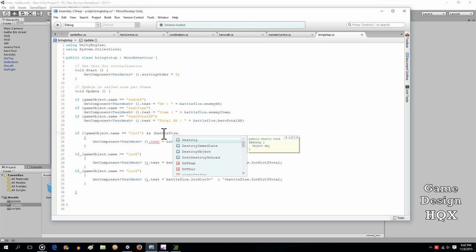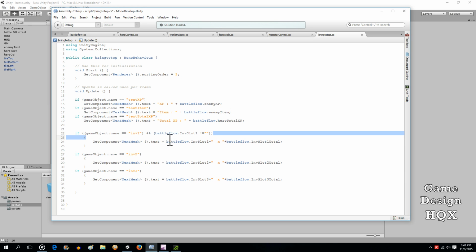So if battleflow dot inventory slot 1 not equal to, like we saw before, you can use an exclamation point to say something is not true. So in this case, it's exclamation point equal, not equal. And we originally set those to blank. So if it's